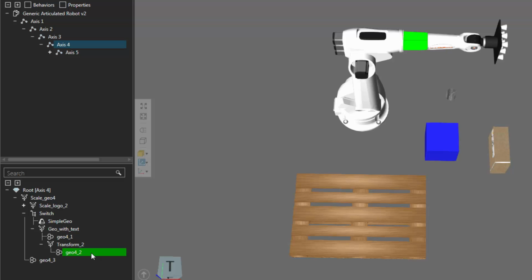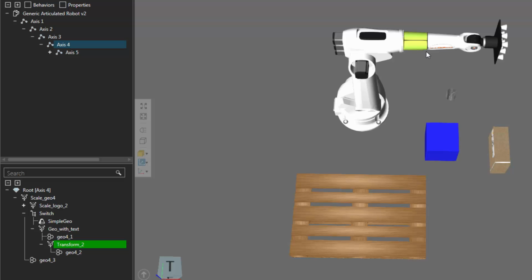Now what I can do to select multiple features using a list is hold the Control key, and I can select this feature here, and notice its geometry is highlighted in the 3D world. And now if I select an operation type feature, in this case a transform feature, let's see, scale logo, it really doesn't show up anything in the 3D world. So let's select this transform feature here, and notice that the geometry or features that are affected by this operation have their geometry highlighted a different color in the 3D world,